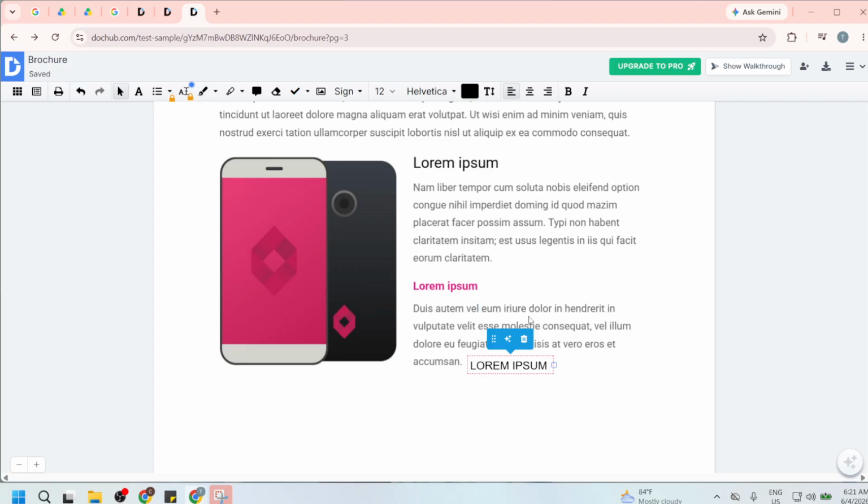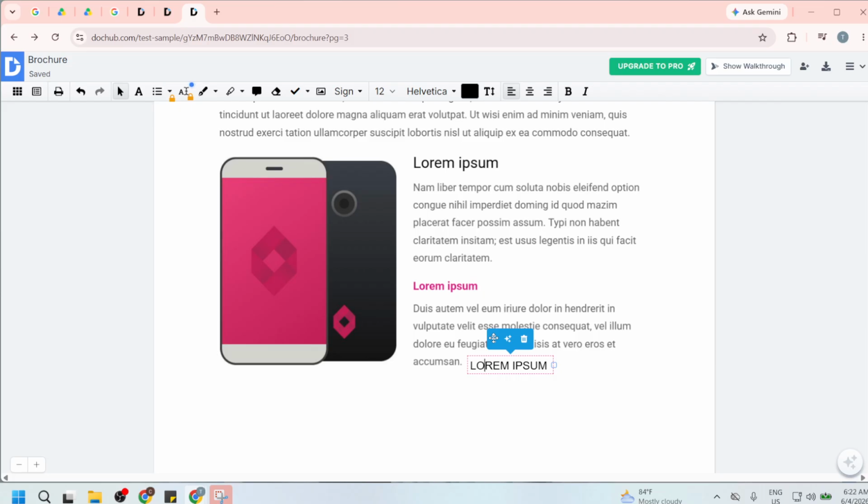If nothing happens, click directly on the added text again and make sure you are not still using a different editing tool. After the text box is selected, hover your cursor over the four-way arrow icon, also known as the move handle. This usually appears above the text box or along its border. The move handle is what lets you drag the text to a new position without changing the content itself.